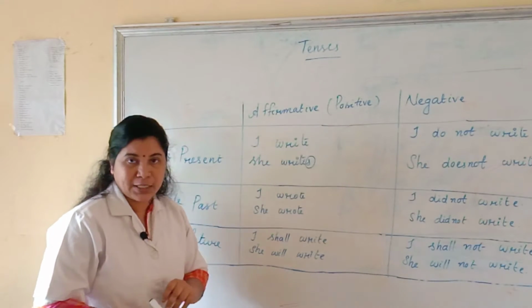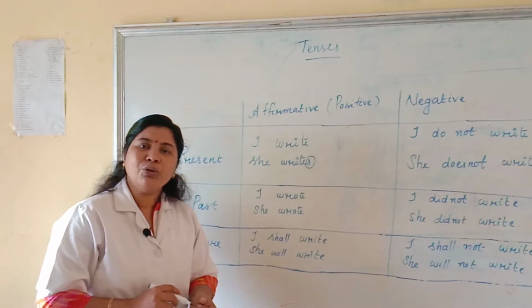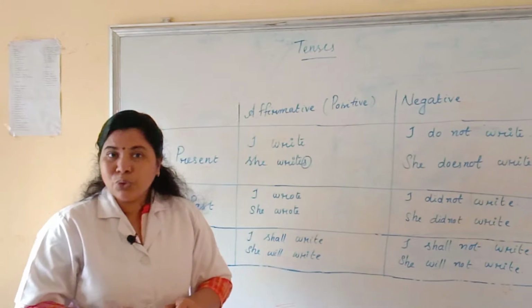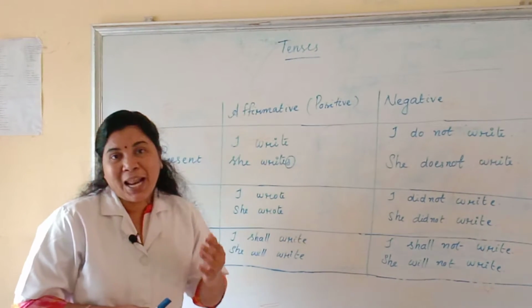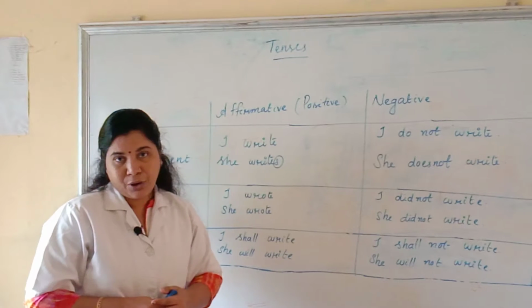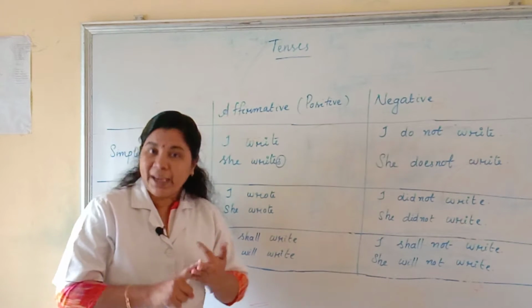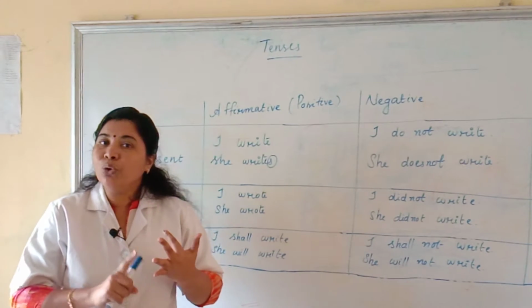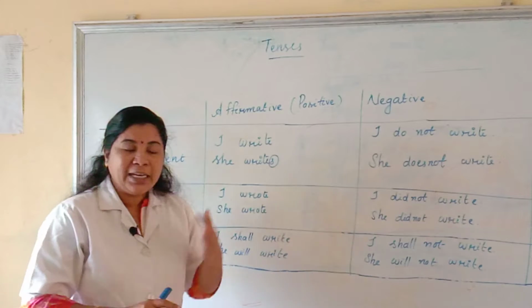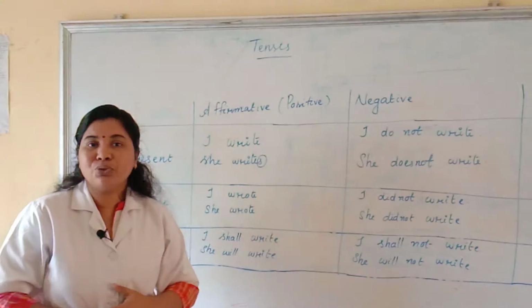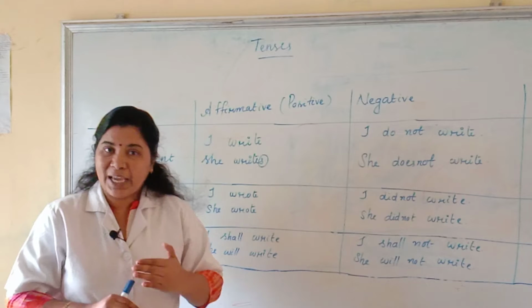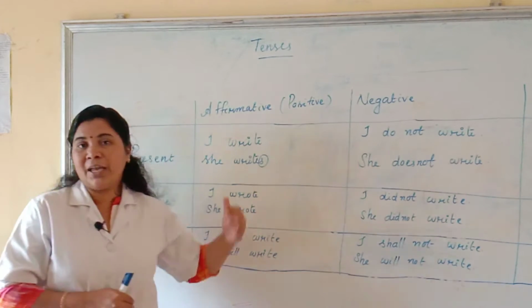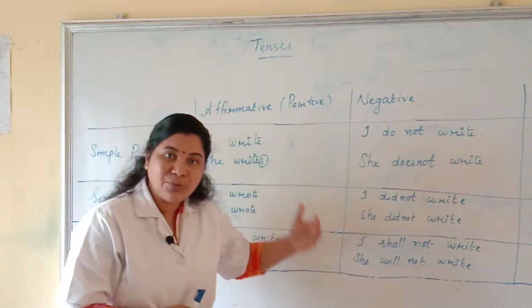Both are positive. What is negative? How can you identify a negative sentence? You have to analyze the sentence and check whether there are no, not or never. These negative words are there. What are the negative words? No, not, never. And here it is clear that you have to add not, N-O-T, with the auxiliary verb, and auxiliaries are 24.